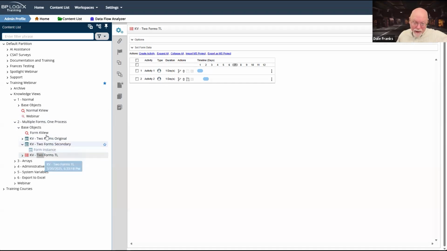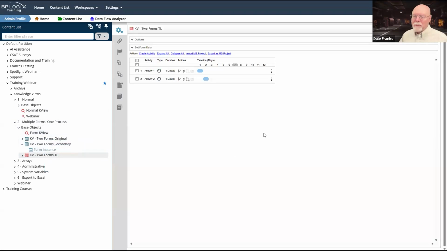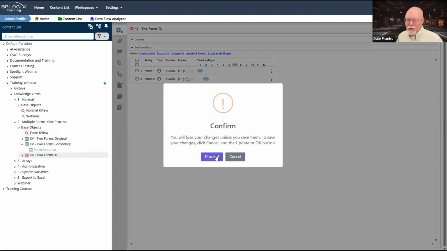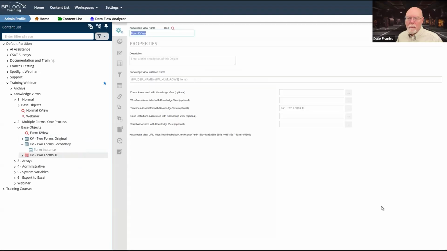Digression over. Let's look at our knowledge view. We're going to do something a little bit different on the Properties tab for this knowledge view. Because we are not going to set forms associated with knowledge view.